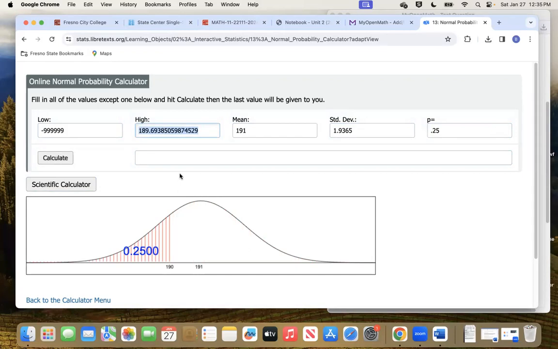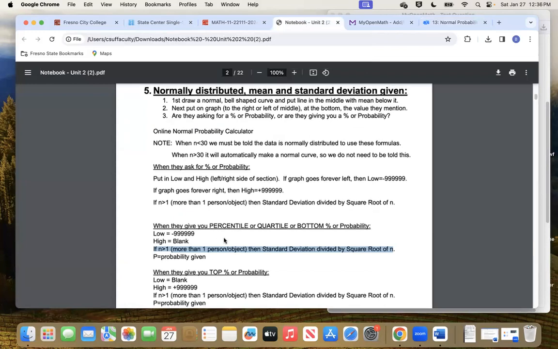189.69385. You can round to 39. There it is. That's the answer. You can see it back on the sheet. I'm going to answer the last question from the notes as we jump back, and then I'll show it to you. Go to the notebook. It says right here,